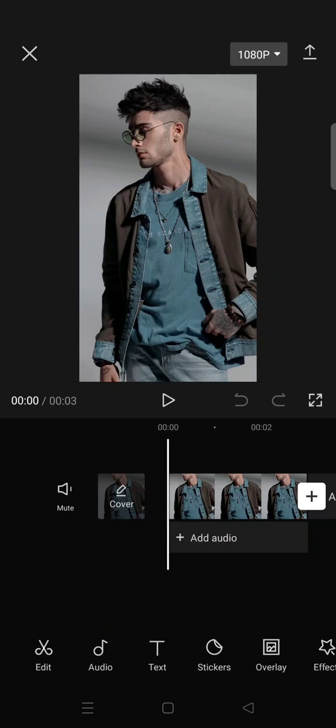On today's tutorial, I'm gonna show you how you can create a dark glow coloring for your video or photos in CapCut. So here I have already imported a photo, and you can also use this coloring for your videos if you want. Then after that, you can just go to filter,